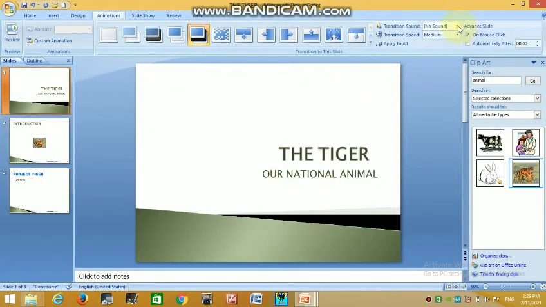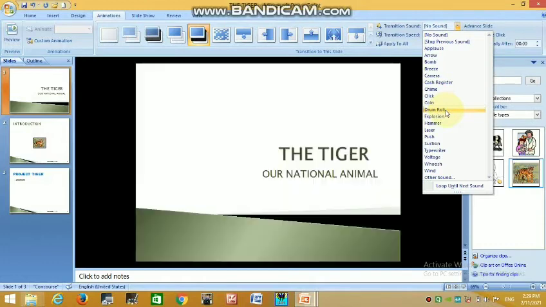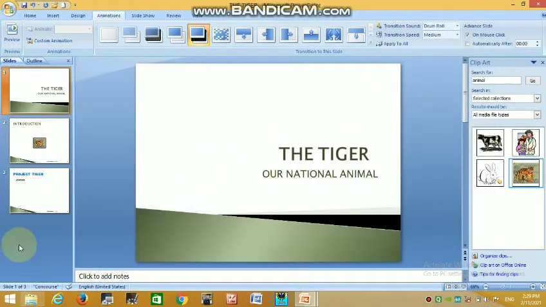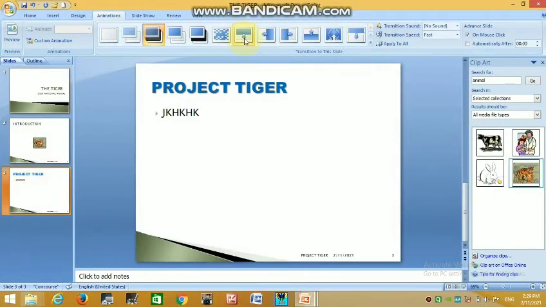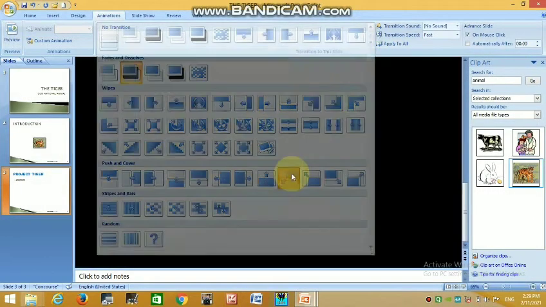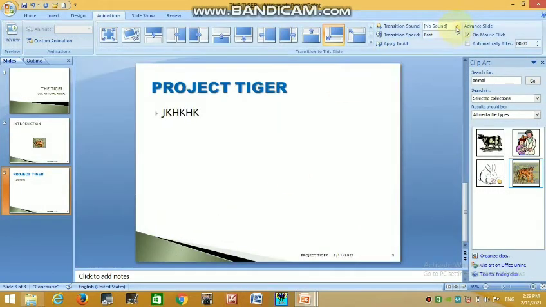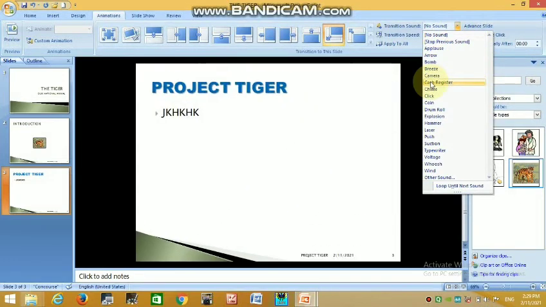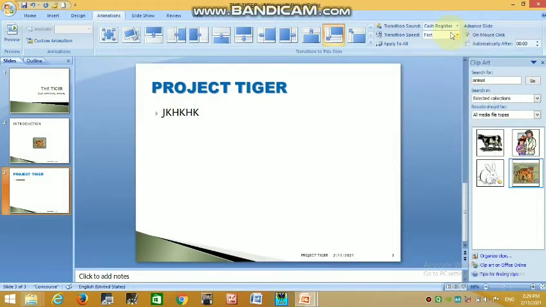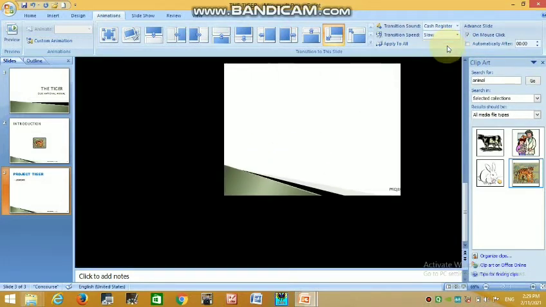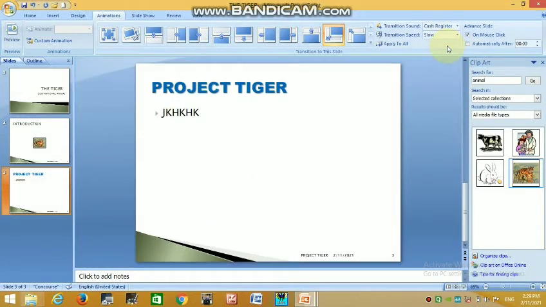You can add sound from here, and set it to slow or medium. This way you can give the slide transition to different slides.